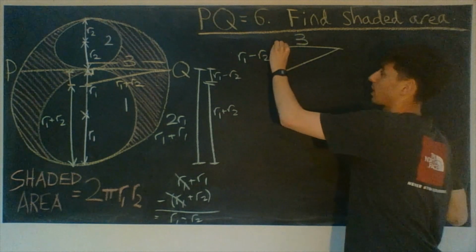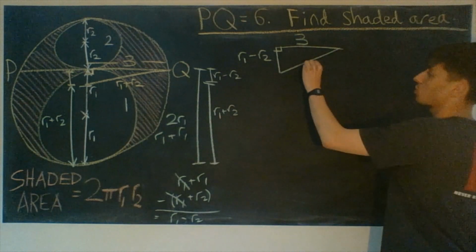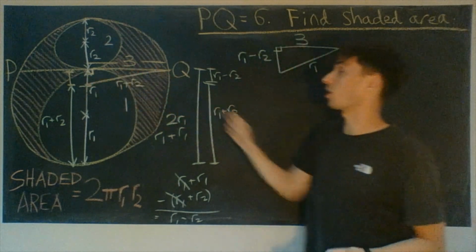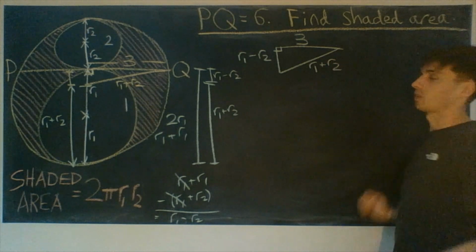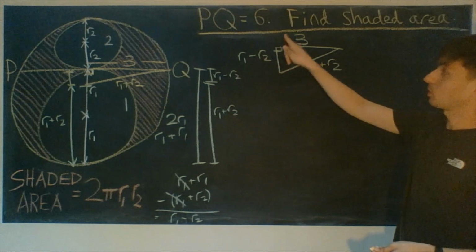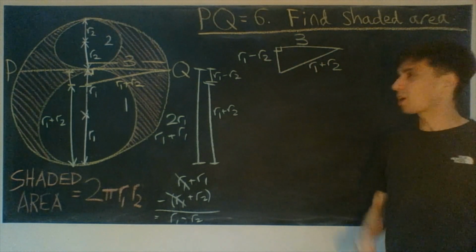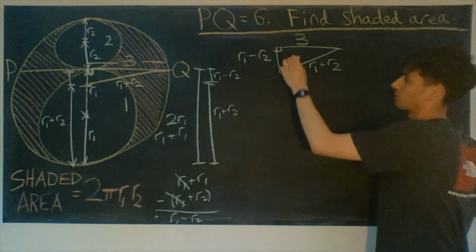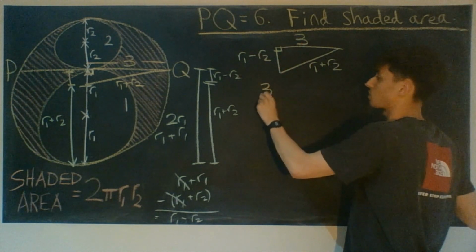This is definitely a right angle. And over here we've got R1 plus R2 for our hypotenuse. That's because it was a radius, remember, of our largest circle. At this point we can just use Pythagoras. A squared plus b squared equals c squared. We need to be quite good at thinking about expanding out brackets, but it's not too bad. So let's try it. We're going to take 3 for our a, so 3 squared